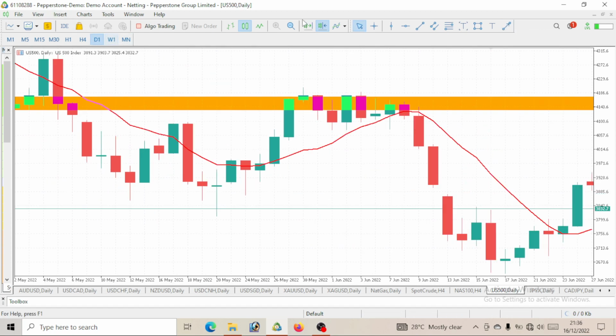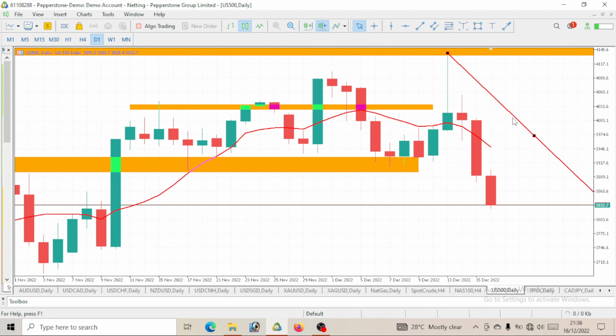You can see it on the daily time frame. We actually got that movement on Tuesday. On Monday, we opened and closed bullish. On Tuesday, our S&P 500 gave us that bullish move that we were all expecting, which got to a level of 4,100 and even broke above a level of 4,100. After that, the price kind of corrected itself, and ever since, price has dropped.